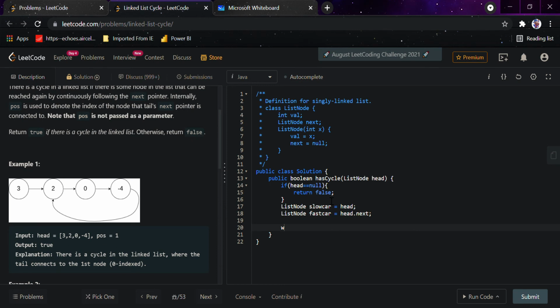While fastCar is not equal to slowCar, till then we have to run this. And if fast reaches null, or fast.next reaches null, then we are sure that there is no loop, because if there was a loop they would intersect, and the car wouldn't have ever reached the end.